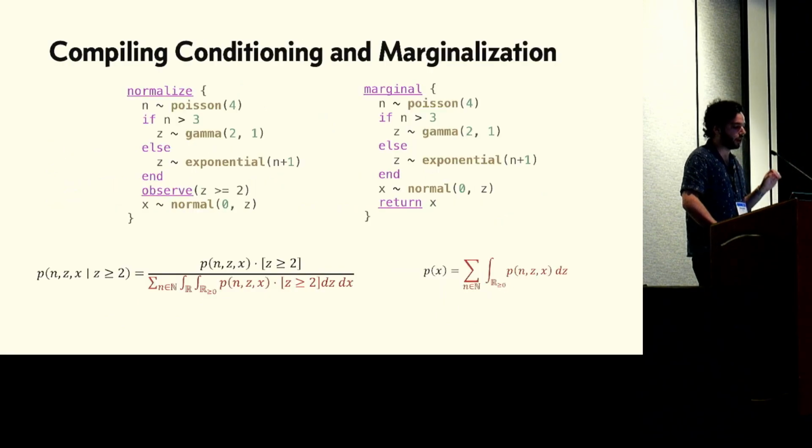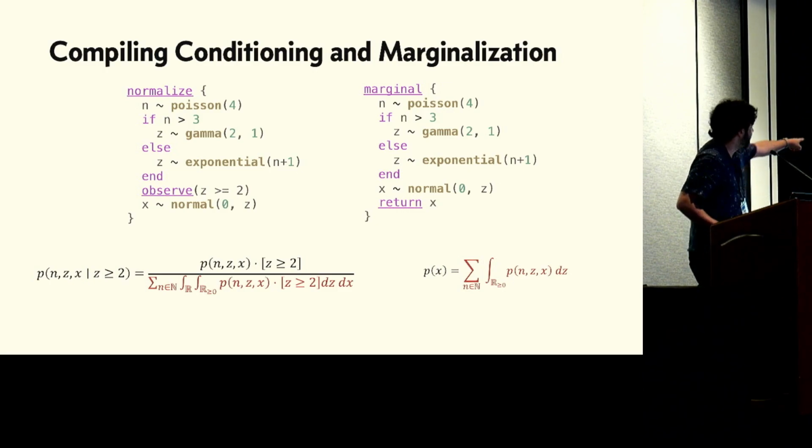So really, the only key challenge here is how we are going to handle these new features of normalization and marginalization, first-class constructs for those operations inside of the language, because these features introduce intractable sums and integrals. And the key idea that we're going to exploit here is that the problem of computing these densities can actually be reduced to a problem of posterior inference.